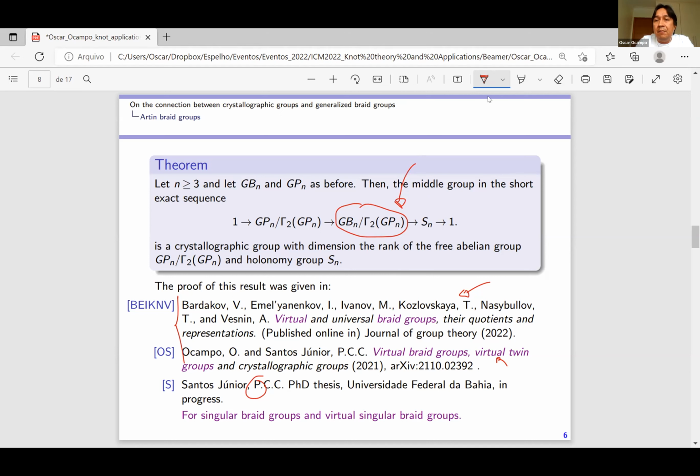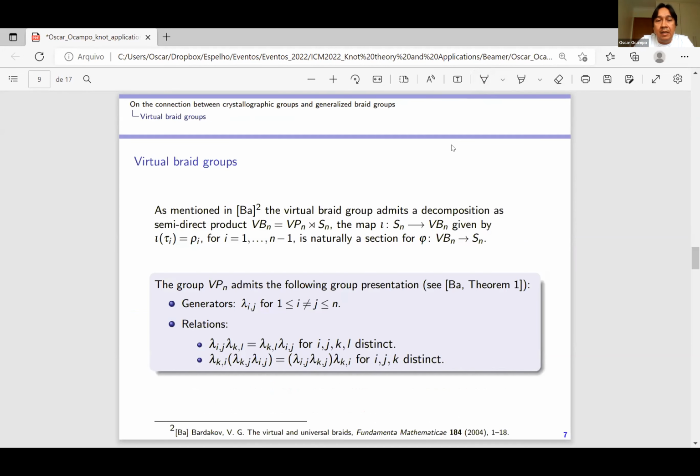Let me say a few words about the virtual braid information that we have. So now let me talk about virtual braid groups with a little bit more detail maybe. We have the virtual braid group, and it has a decomposition as the virtual pure braid group and the symmetric group. So it is a semi-direct product. We have a natural section,